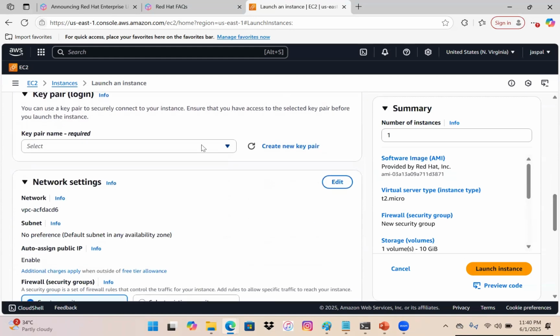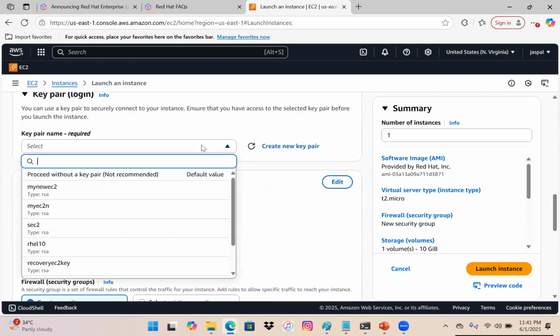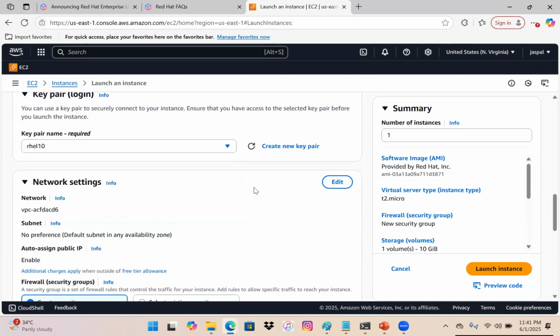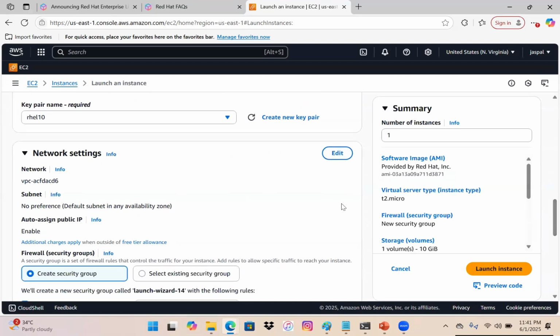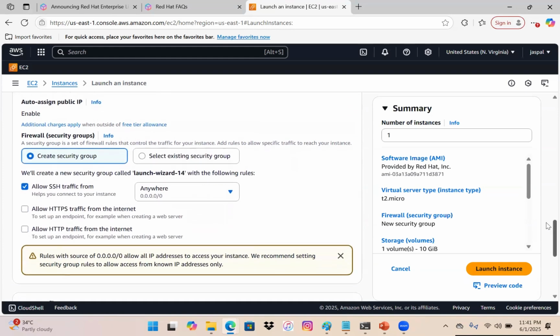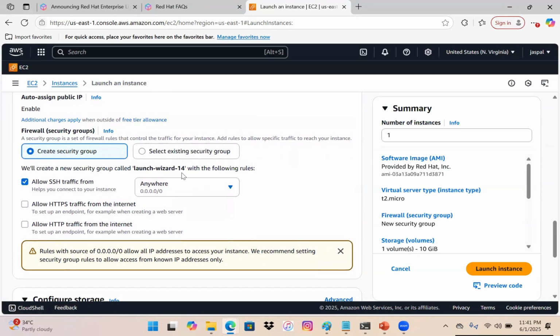One more thing: if you already have a key pair, you can utilize the same one, or if you don't have one, you can just create it. This is very important. If you don't have one, you have to create it, because when we are doing the SSH, we will use the PEM file in order to do the SSH. The rest of the things, like the VPC and all, let them be by default; no need to change anything. And the security group